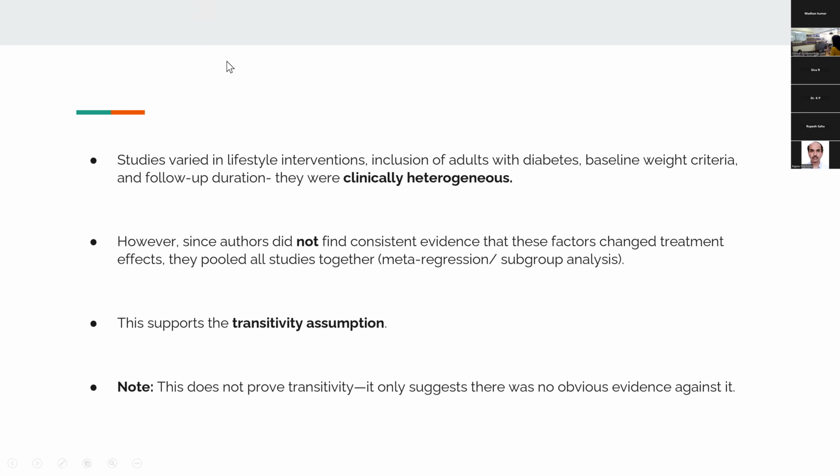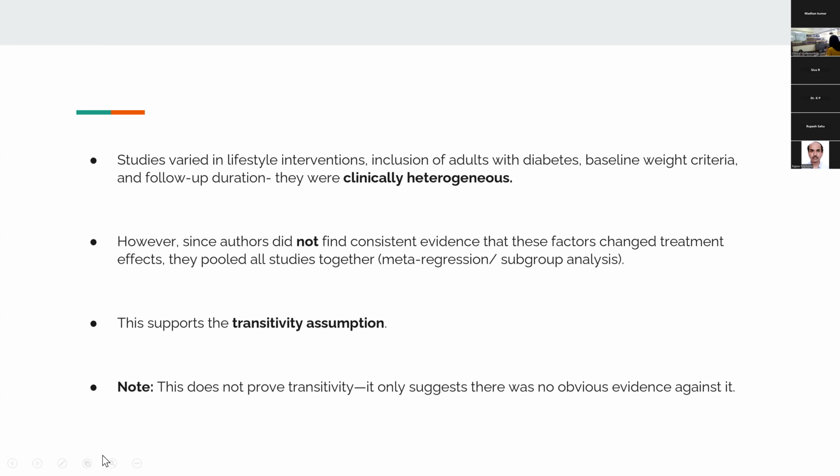For example, all the doses of semaglutide were pooled together. Oral and IV semaglutide were pooled together. I don't fully agree with this because there is a problem of adverse events. Adverse events are dose dependent. But anyway, in this study they have done this. So the way in which they find out whether there is heterogeneity or not is the methods of